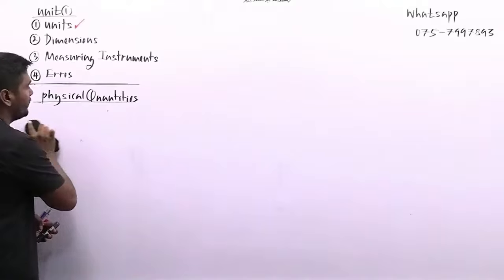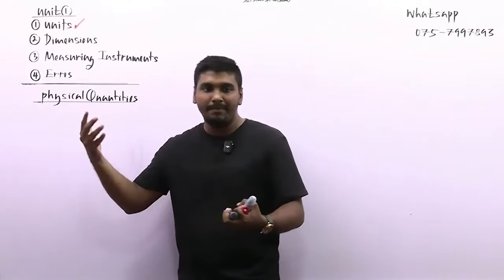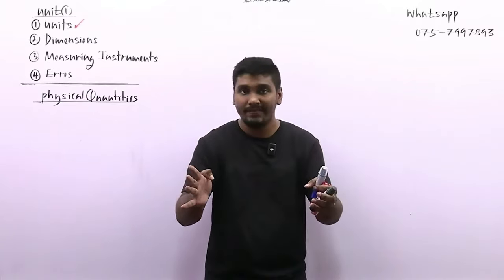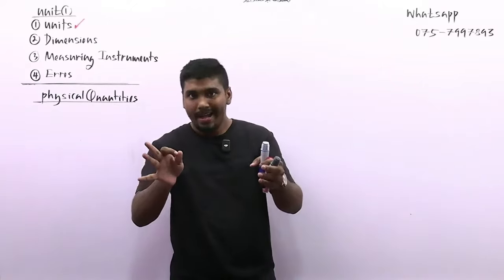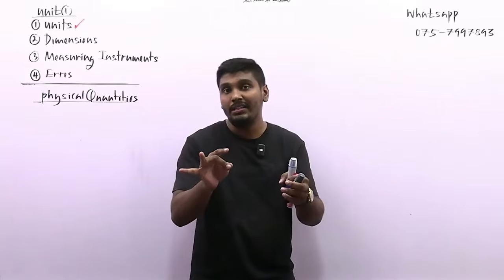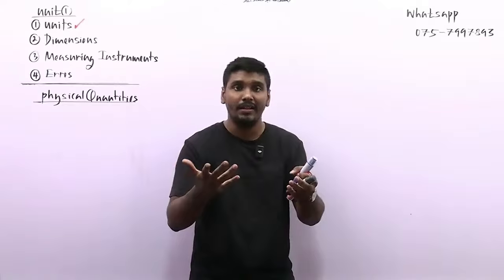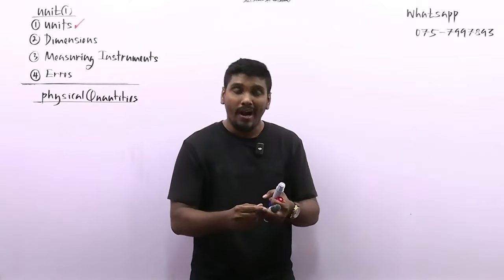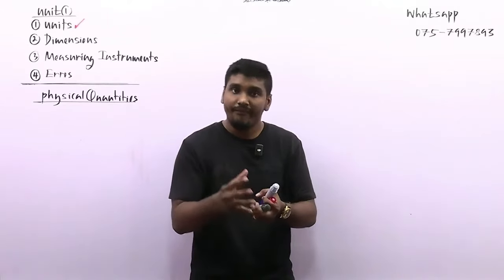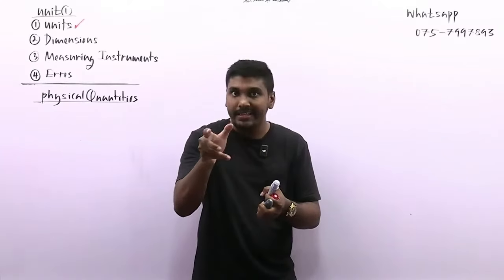So remember, we can give plenty of examples of physical quantities. What examples can you give? Yes, mass is one physical quantity. Length is a main physical quantity. And time is a very, very important physical quantity. What are the other physical quantities? One can tell speed, distance, displacement, velocity. You can measure the velocity. Different vehicles have different speeds.